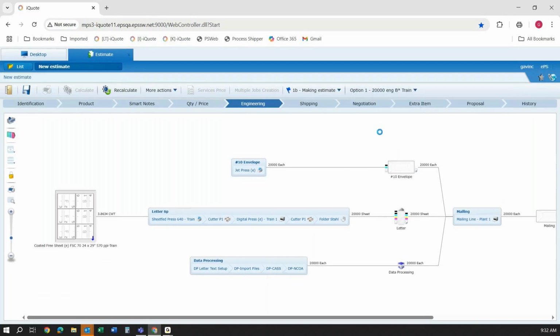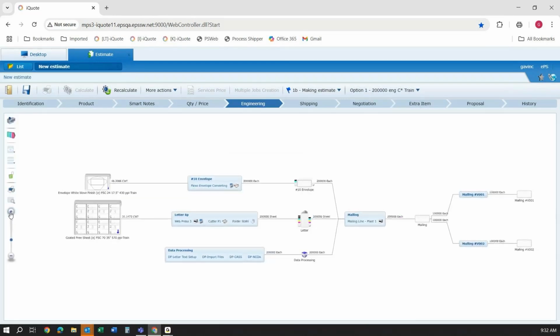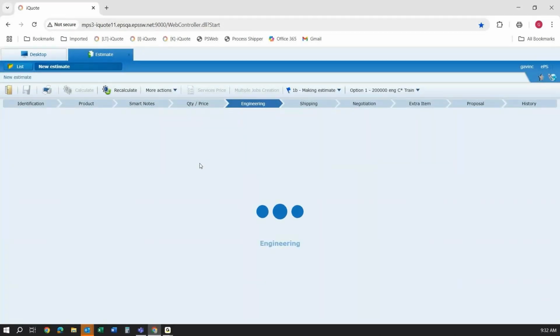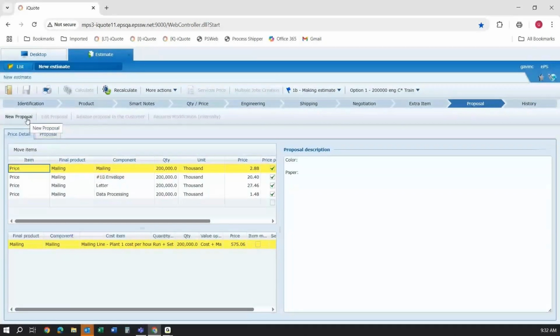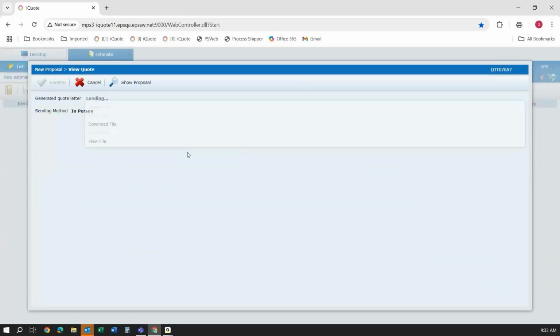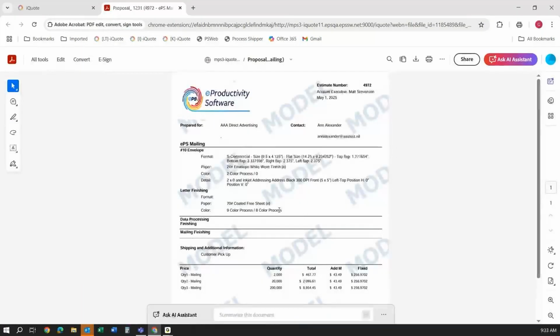And then, of course, as we look at our 200,000 quantity, a completely different manufacturing method. Now's the perfect time to go to flexo envelope production. We're going to run this on a big, large format web press with inline inkjet heads. Maybe that's the best way of producing that particular one. And then once again, when I'm ready to generate a quote letter, I might pick a slightly different quote letter format that gives the level of detail that that customer might need on their proposal. And for that matter, maybe their invoice,